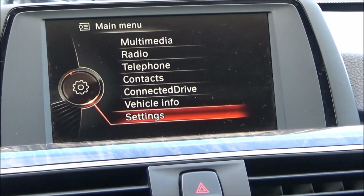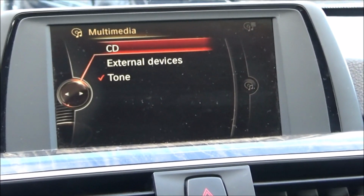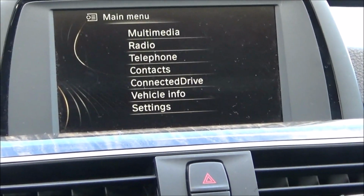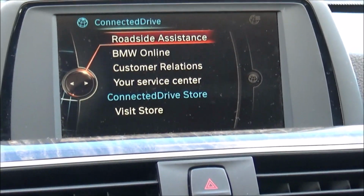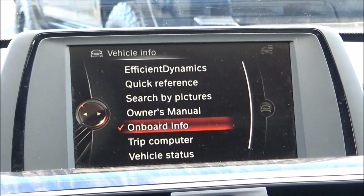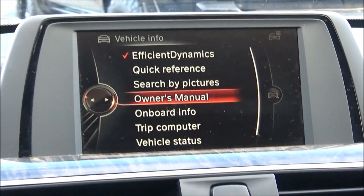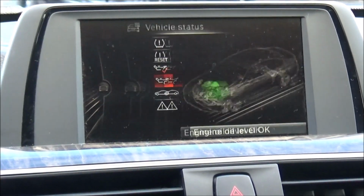And finally, we have the iDrive infotainment system. So we're on the main menu, multimedia, of course you got the CD player, like I mentioned before, radio, AM, FM, Sirius XM, phone for pairing a phone, contacts, connected drive, vehicle info is a pretty nice menu, efficient dynamics, driving style analysis, that kind of stuff, quick reference, onboard owner's manual, that kind of thing, trip computers, vehicle status,